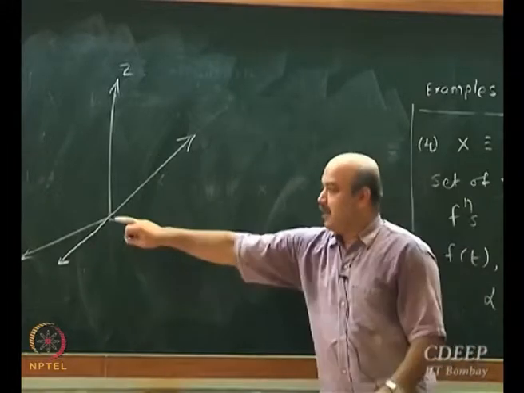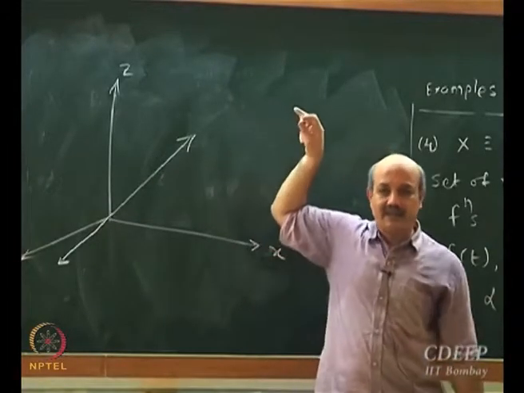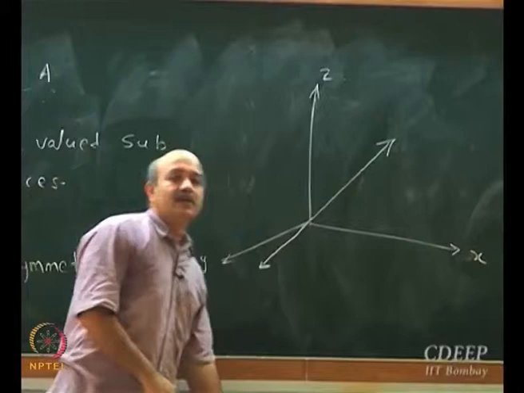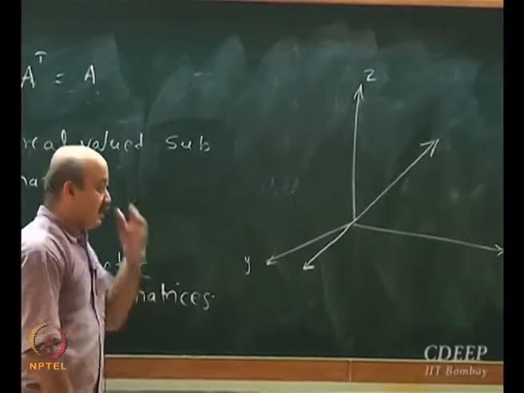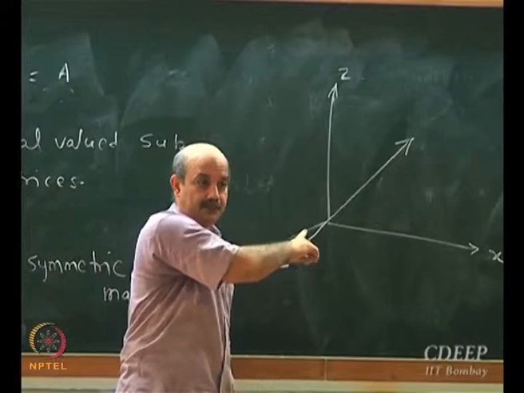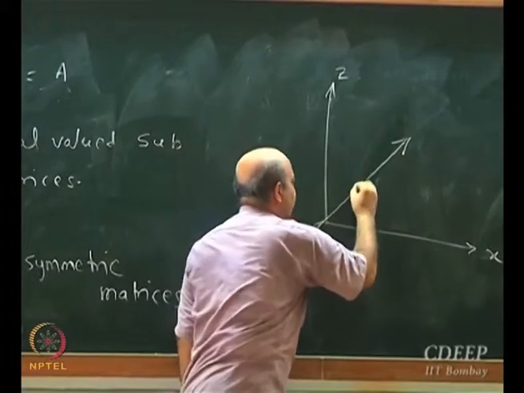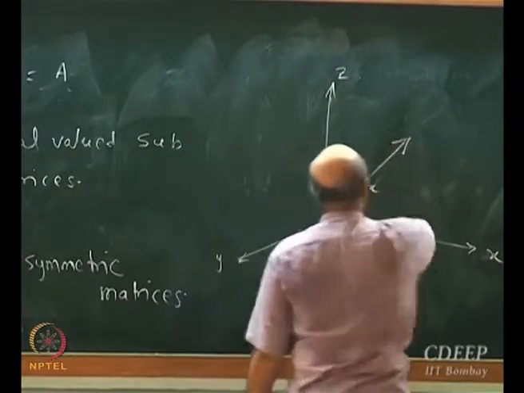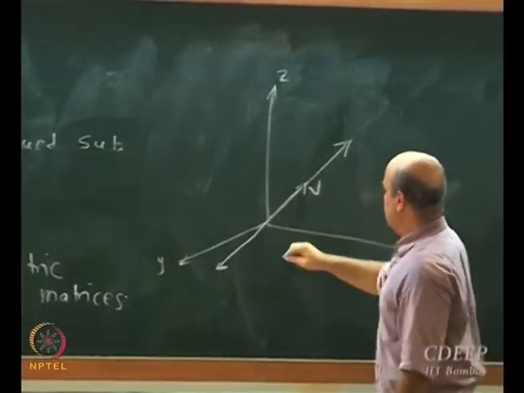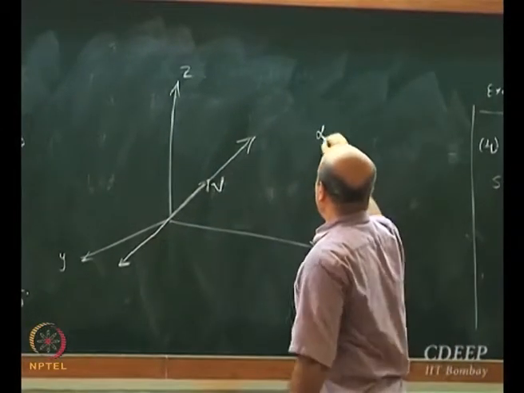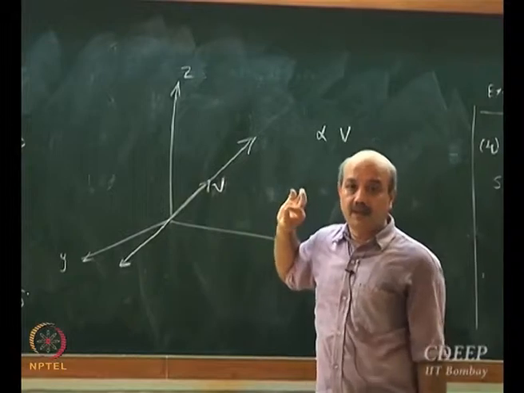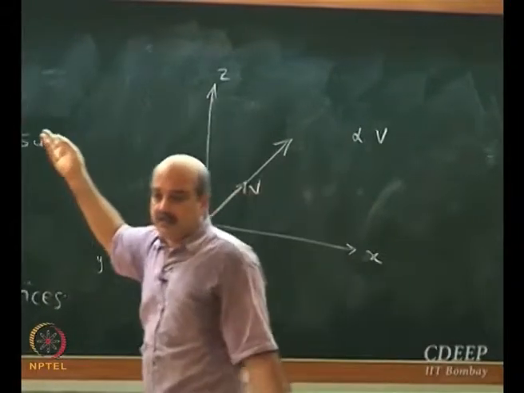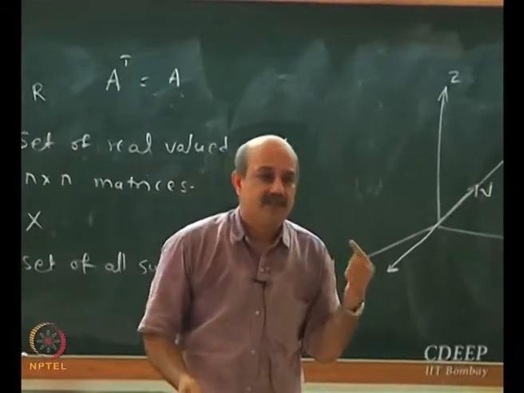So just because a vector has n components doesn't mean that the dimension of the vector space or a subspace is n. The dimension of this subspace is only 1. Okay, and there's only one independent direction. Let's call this vector b. So any vector on this line will be alpha times b. If alpha is minus, it will go in this direction. If alpha is plus, it will go in this direction. So it's basically alpha times b. It's only one independent direction.